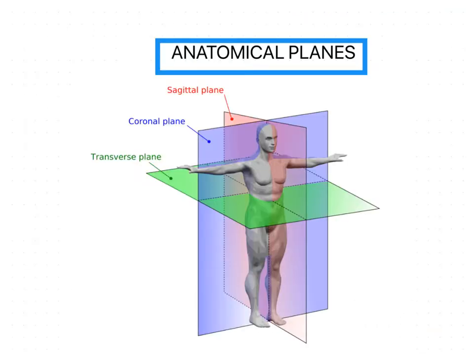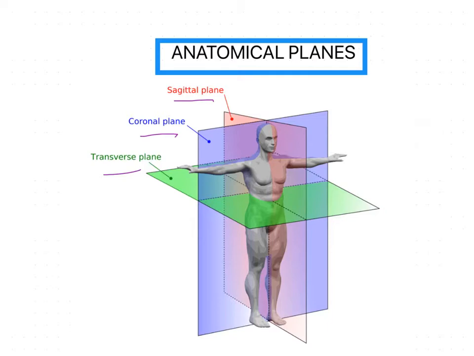There are three anatomical planes, and these are also called cardinal planes, which help to describe the sectional views of a part of the body or an organ. So to study the different parts of the body or an organ, the body is cut in these planes only. So how many planes are there? There are three planes: the sagittal plane, the coronal plane, and the transverse plane.